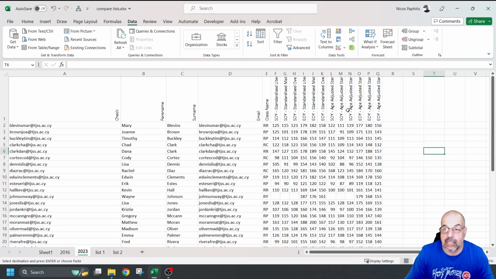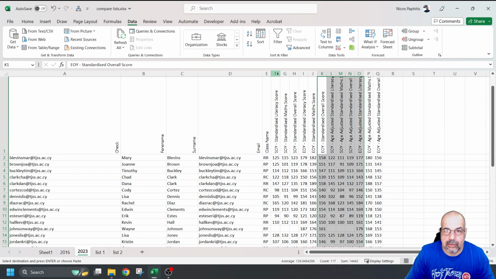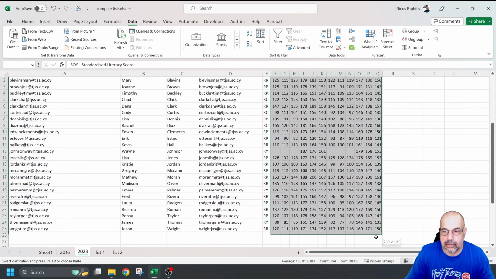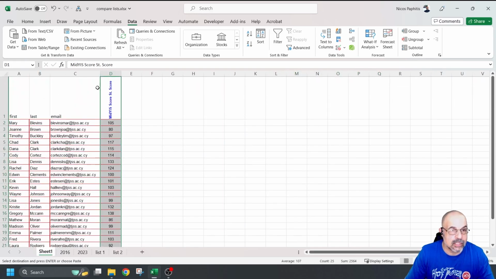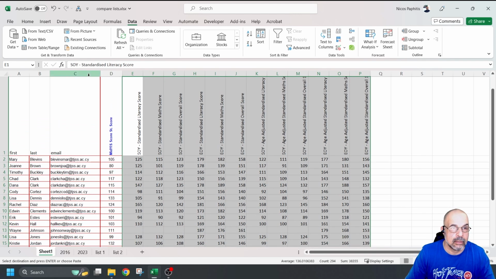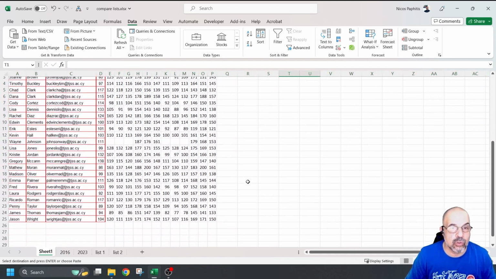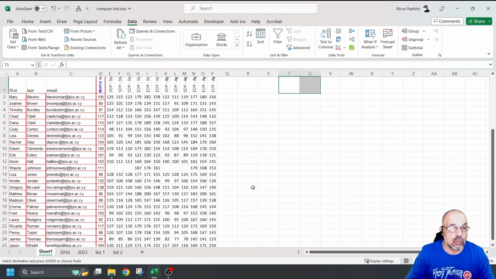Let's say I want to select, and in fact, let's take all of this data. So I want to compare basically from the 2016, the standardized score there. I want to compare that with the 2023 results. That sounds reasonable. Okay, now very easy, I'm going to use conditional formatting now, and I'm